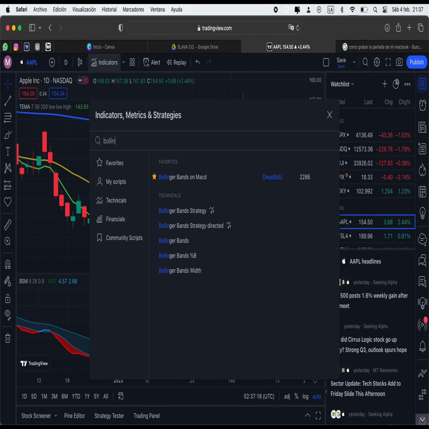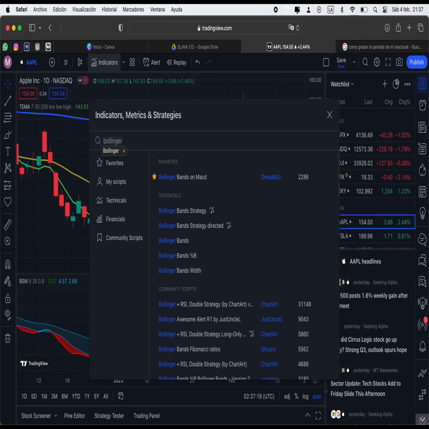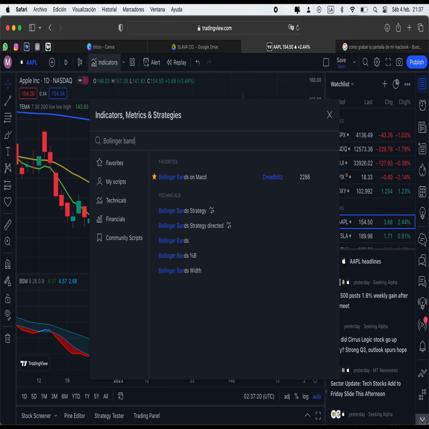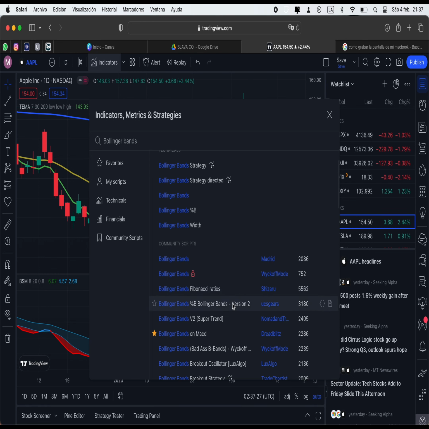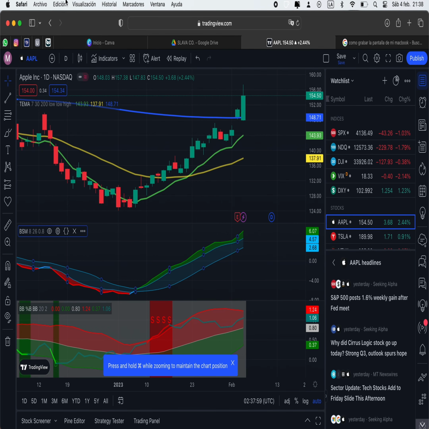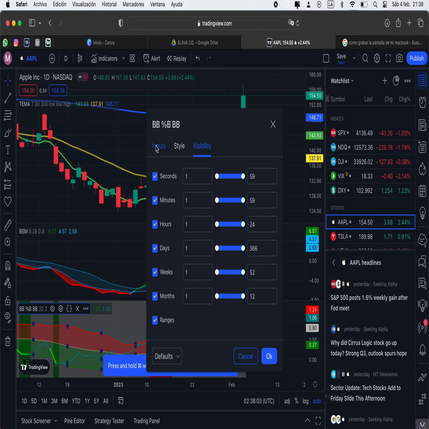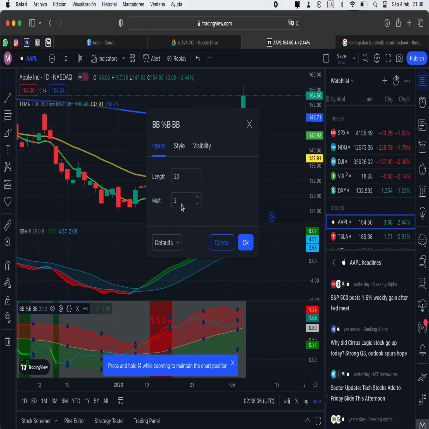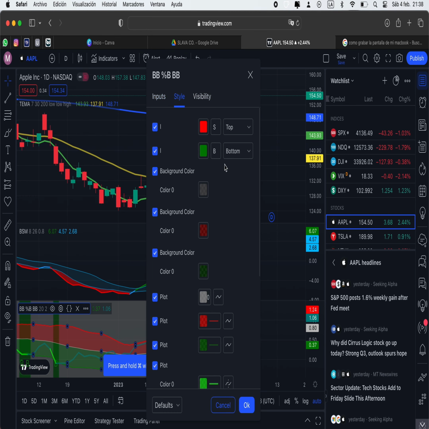Now the next indicator that we want to add, you're going to type in the same thing, Bollinger Bands, and then you should see on the right hand side highlighted in blue a name called ucsgears. Go ahead and put a star next to that, and then click on it one time. Once you click on it one time, we're going to scroll down and highlight it and click on the gear settings icon, and we're going to keep the inputs the same, and we're going to move over to